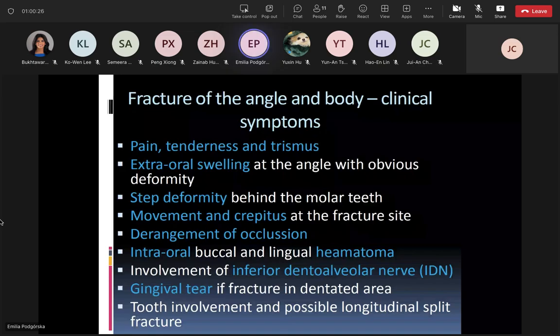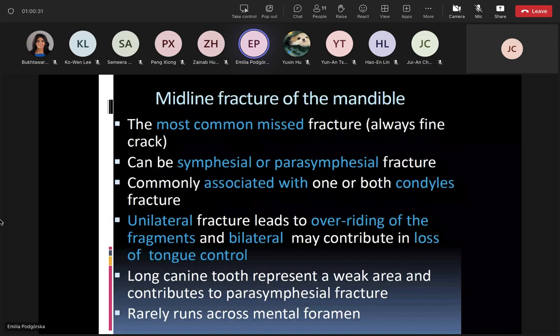Symphysis fracture of the mandible: the most common is the parasymphysial fracture, commonly associated with condylar fractures. Unilateral fractures lead to overriding of the fragments, and bilateral may contribute to loss of tongue control. The canine region represents a weak area and contributes to parasymphysial fracture, rarely running across the mental plane. Midline fracture of the mandible: